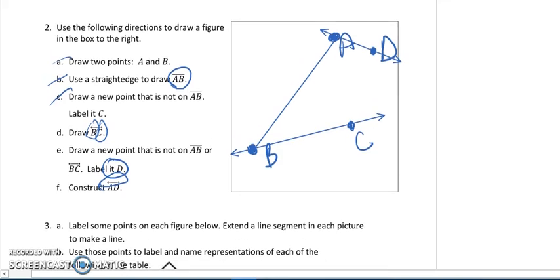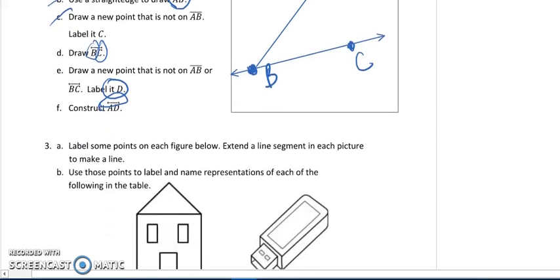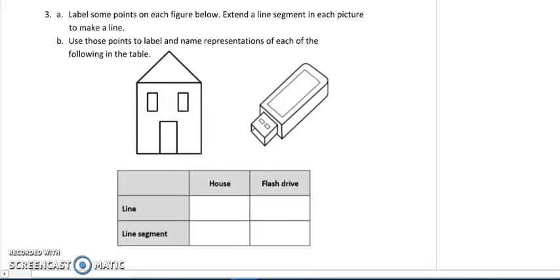Then it tells me to label some points on the figure below. Extend the line segment in each picture to make a line. So we're going to take a line segment, and then we're going to extend it to make a line. We're going to use those points to label and name the representations on the table below. So this gets a little bit confusing. So what I recommend is that you label some points on this